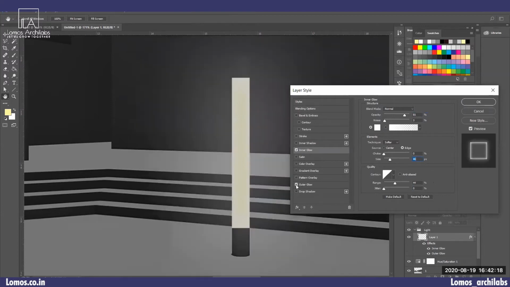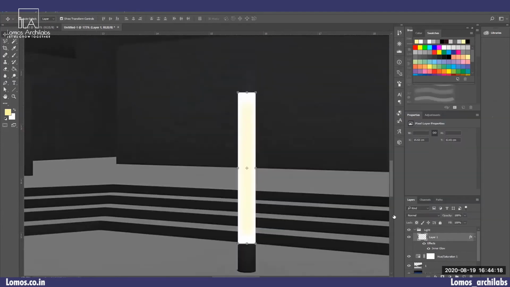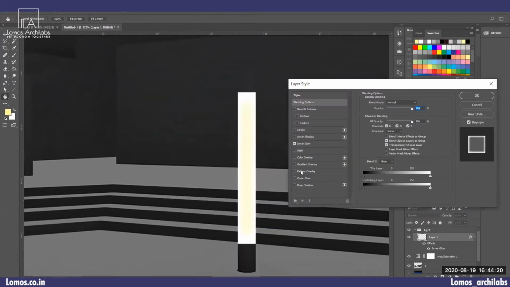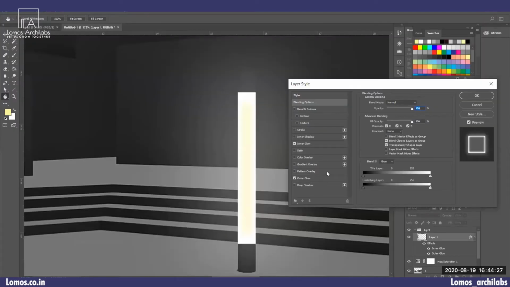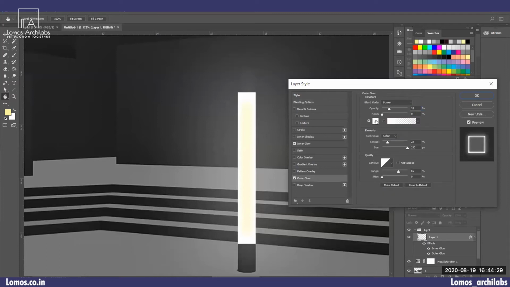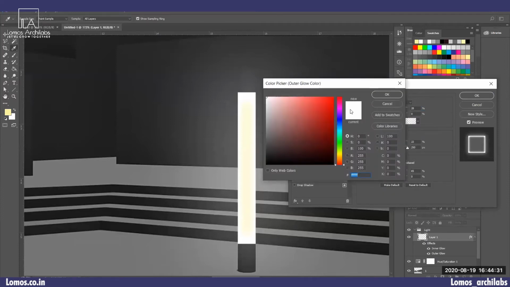So I will click on the outer glow. Then again I'll double click and I also want the outer glow to be present. So I'll click on the outer glow box. And the color, you can actually change the color to yellow.